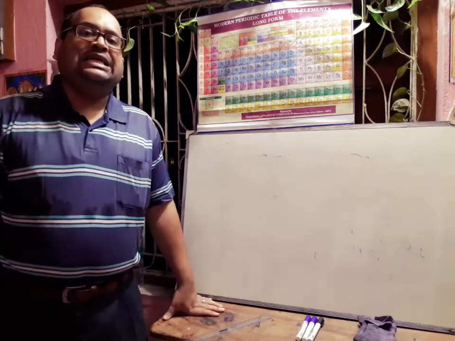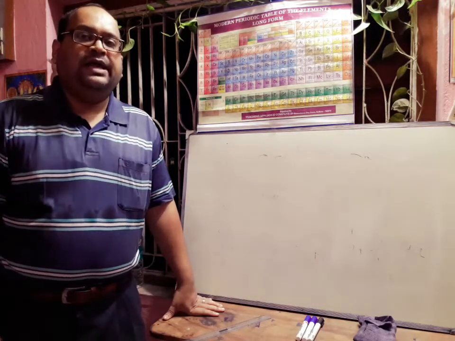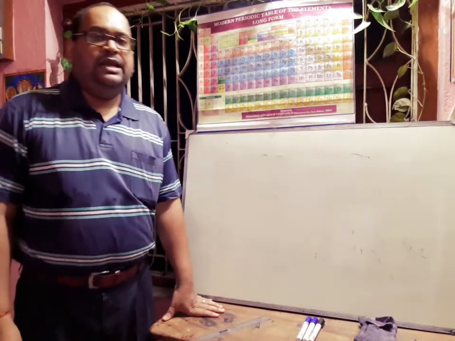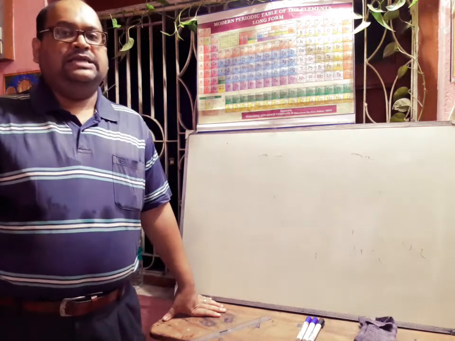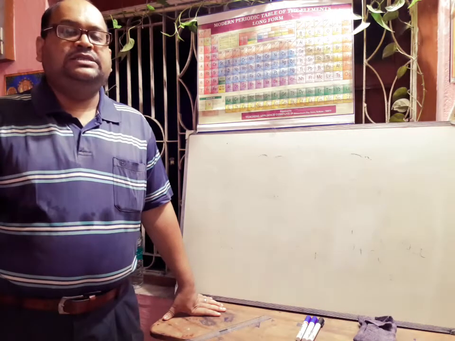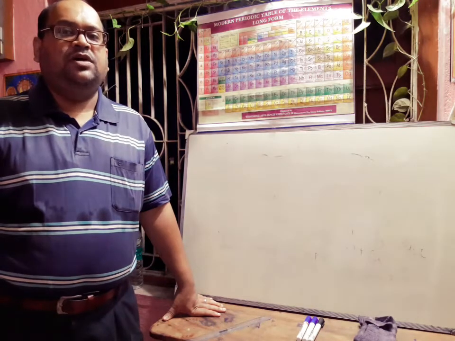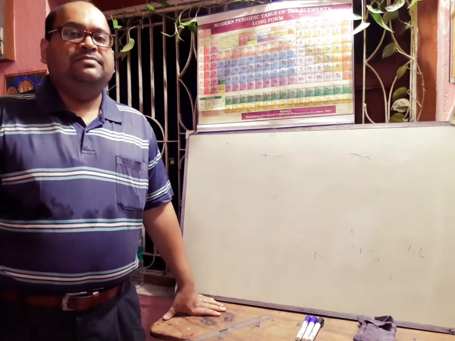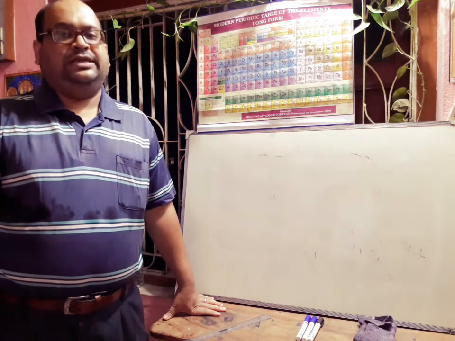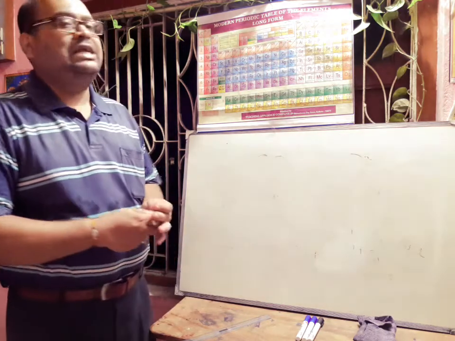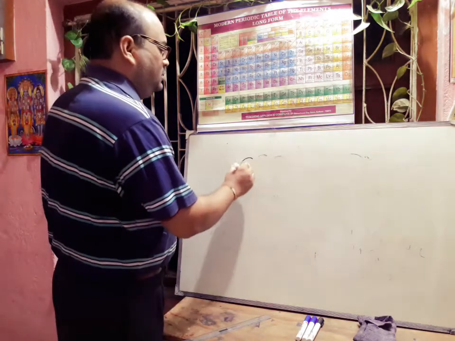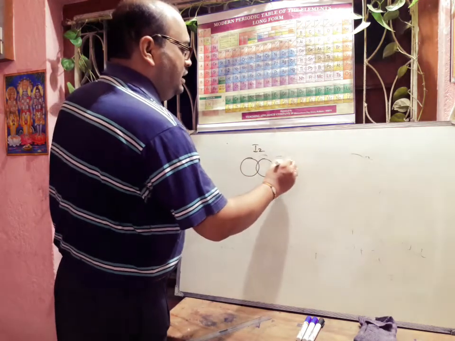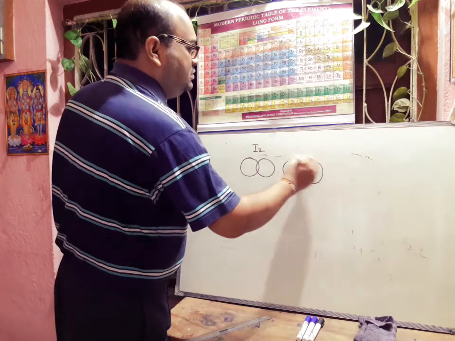Next we will discuss another type of radius, called van der Waals radius or collision radius. For covalent molecules, van der Waals radius can be defined as one half of the internuclear distance between two similar adjacent atoms belonging to two neighboring molecules of the same substance in the solid state. We can think about the iodine molecule. This is one iodine molecule, I2, and another iodine molecule is this one.